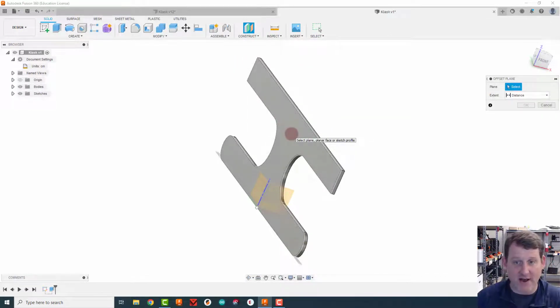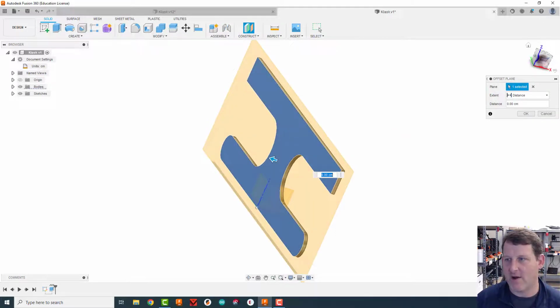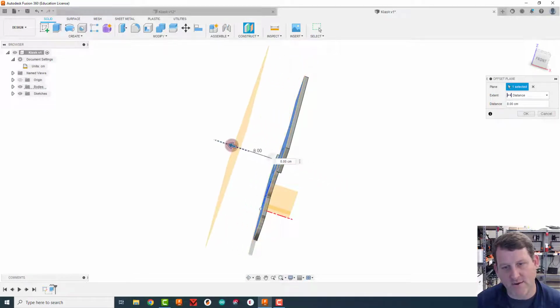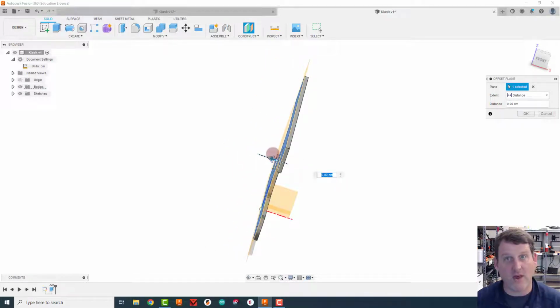That's the outside of my leg. And I'm going to offset it to the middle because we're going to use what's called a mirroring tool. So we need to know where the middle of the board is going to be. I'm going to notice the direction it wants to go is this way. So if I want to go the other way, I've got to use negative. So I'm going to say I want to go negative, and the width of the whole board is negative